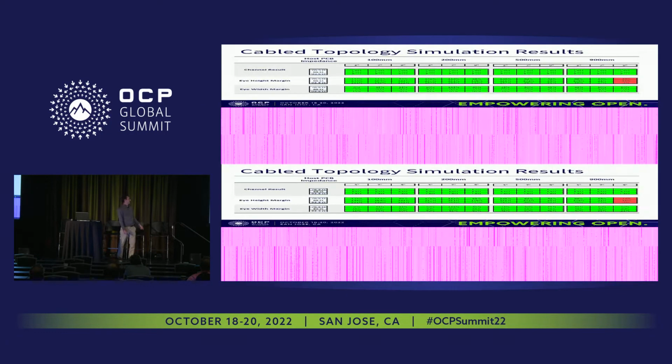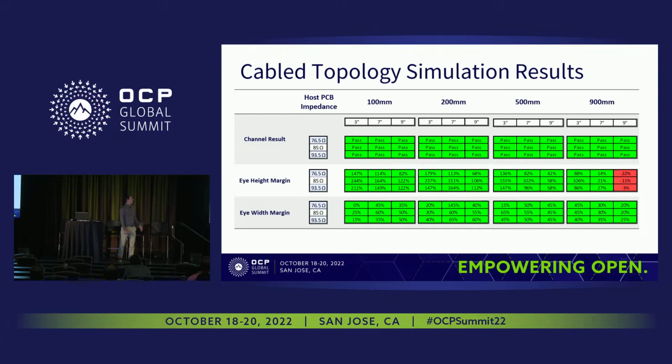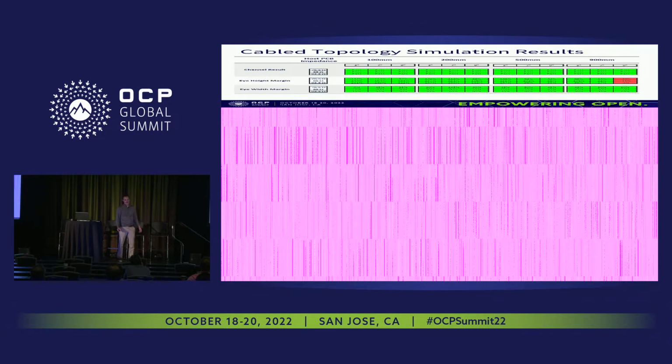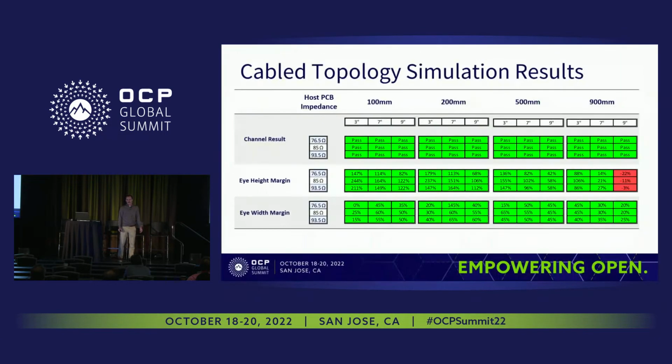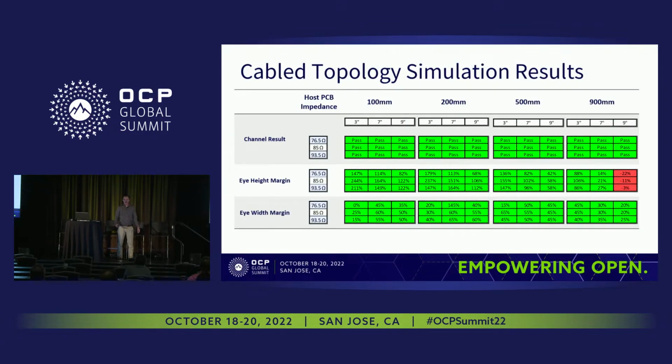If you look on the second column, that shows the 3 different impedances of the host traces with the standard plus or minus 10%. And then we have across the top the 100 millimeter, 200 millimeter, up through 900 millimeter internal cable, and the corresponding traces for that being 3 inches, 7 inches, and 9 inches. And this tells a similar story to the